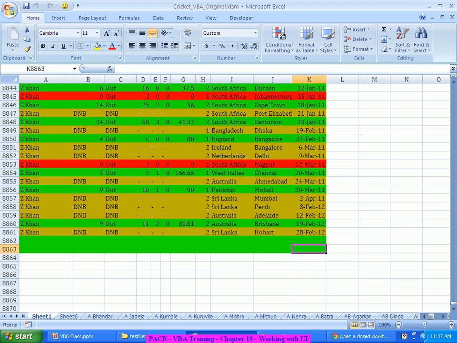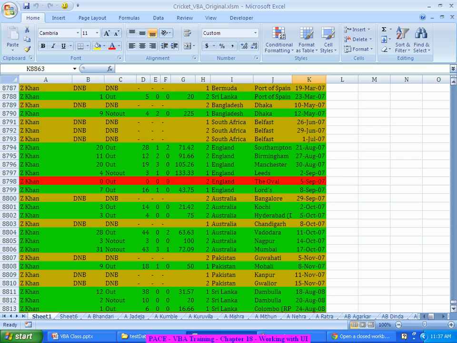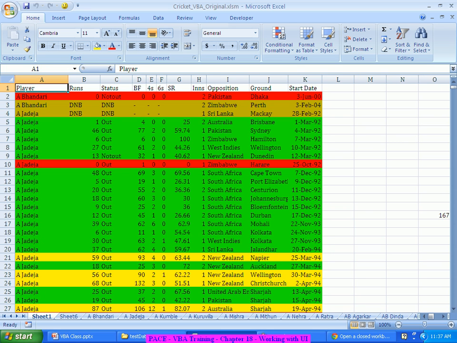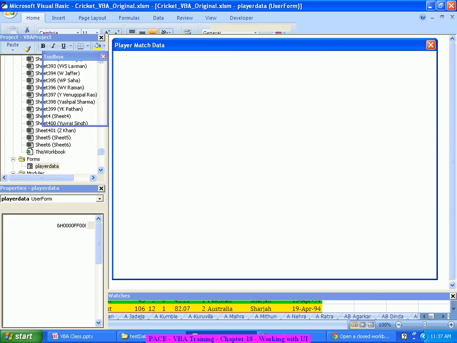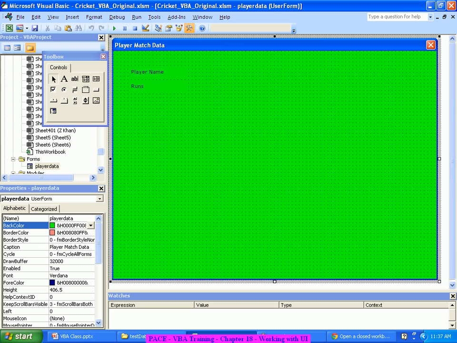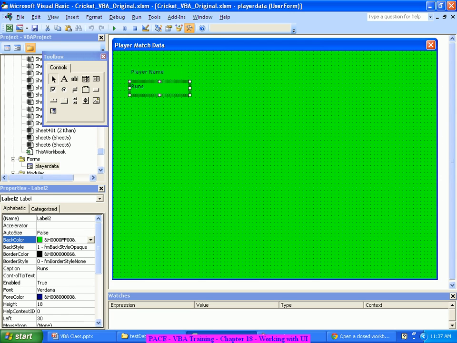What else do we have on our Excel sheet? What all are these things? Run status, whether he is out or not out. So status, I'll put one more. If required, I'll change it later. But I will maintain one more thing called